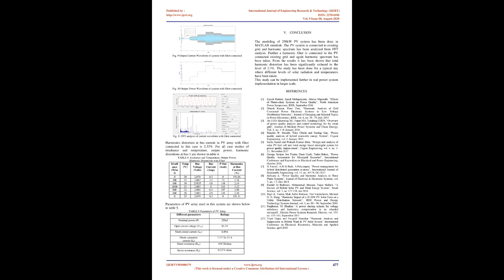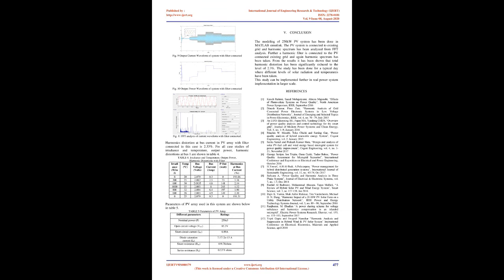Similarly, for the third case at 10 am, time range equals 0 to 10 sec, irradiance equals 600 W/m2, temperature is 30 °C. For this, current is 4.8 amp. Power output is near 148 kilowatts and harmonic distortion is around 2.14%. Similarly, in the fourth case at noon 12 pm, time range equals 0 to 10 sec, irradiance equals 1000 W/m2, temperature is 35 °C. For this, current is 8 amp. Power output is near 245 kilowatts and because of the maximum irradiance, harmonic distortion is minimum at around 1.52%.